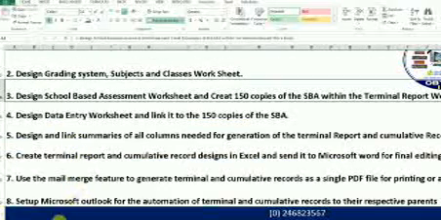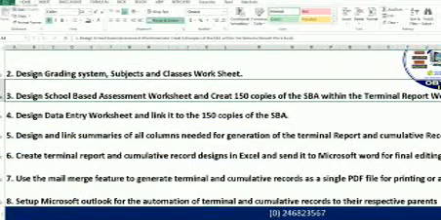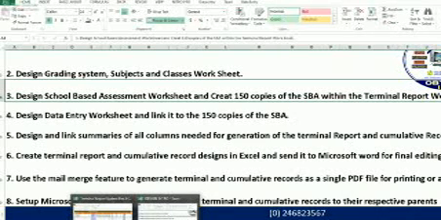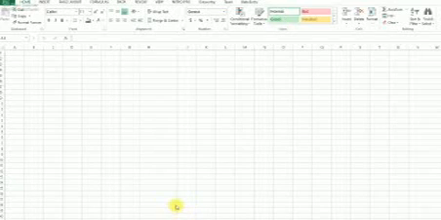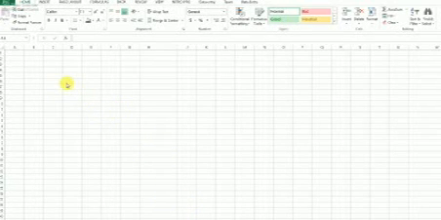So before you start, you open your Microsoft Excel workbook and then start your design. So that's the interface of Microsoft Excel. The first thing you need to know is to create the student information list sheet.